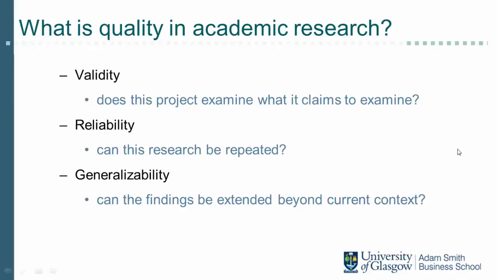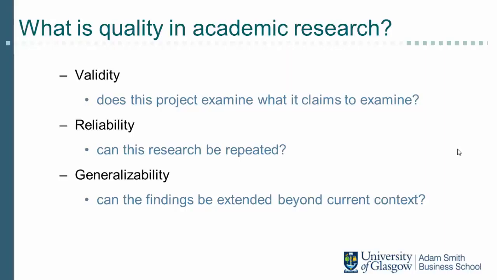In terms of general considerations, to measure quality of a piece of research is typically to assess three things: validity, reliability, and generalizability. Validity is the most important one, and it captures the study's correspondence with what it is claiming to have examined. Validity is concerned with the integrity of the conclusions that are generated from the evidence in a piece of research. For example, I have argued throughout this course whether the study of lean production has really captured lean production or whether they've really examined something else.